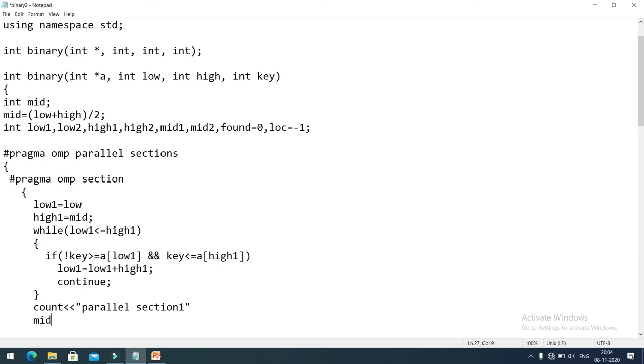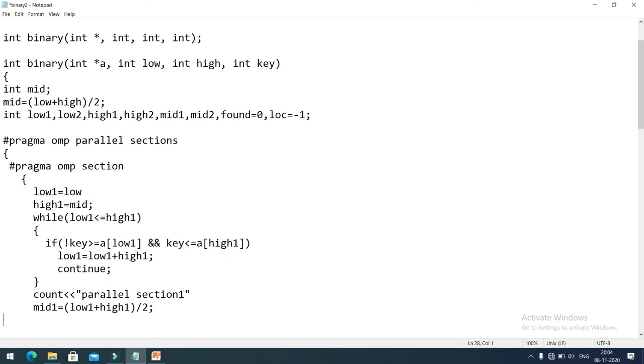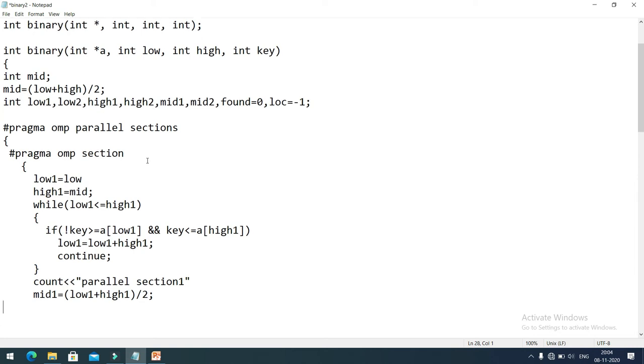Then mid 1 is equal to low 1 plus high 1 divided by 2. Now here we have found the mid 1 element, and then we need to compare our search key with this mid 1 value.